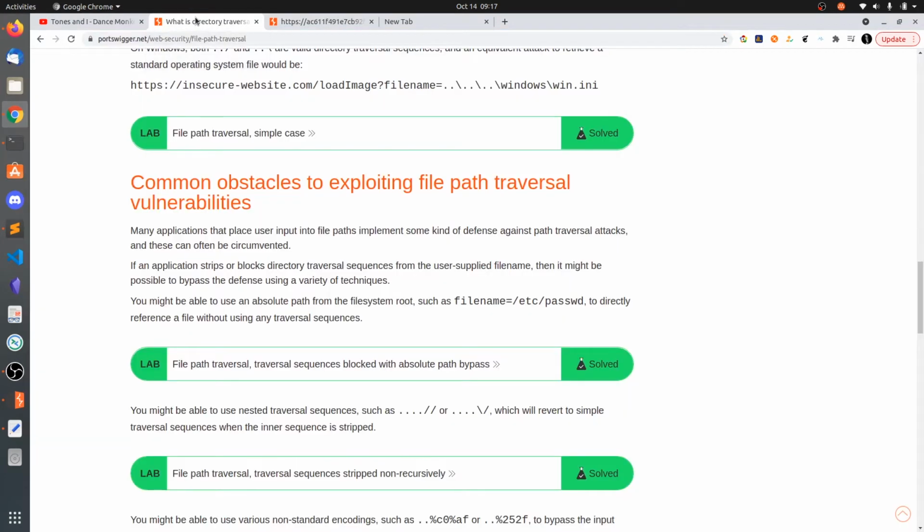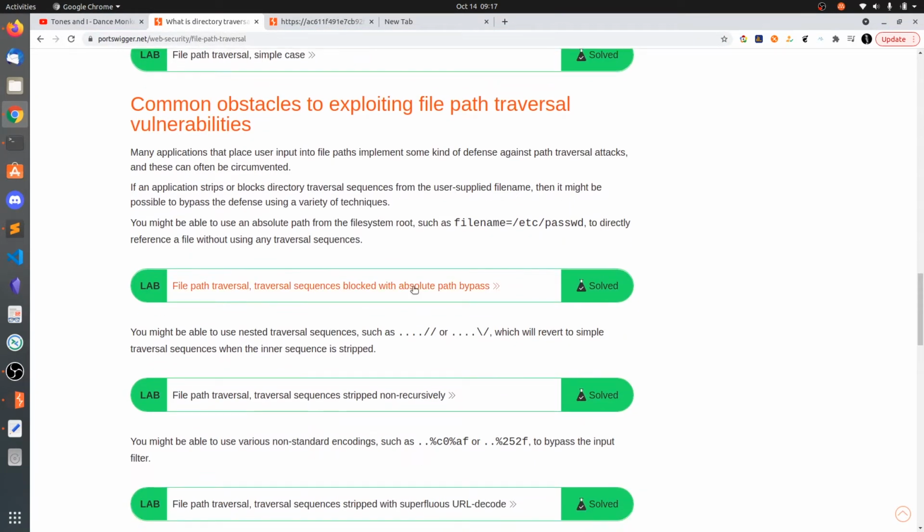I always suggest you intercept the request via Burp and modify the filename there, because sometimes JavaScript can also have some filters on this filename, on this user input. That's why I highly suggest intercepting the request via Burp and changing it in Burp. So that is the absolute path bypass.